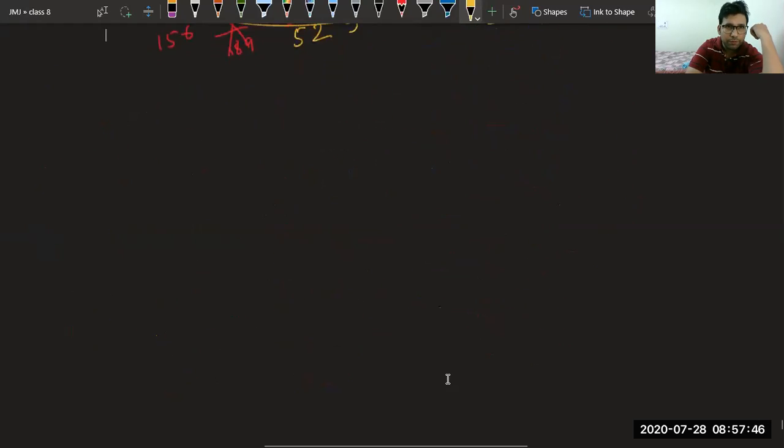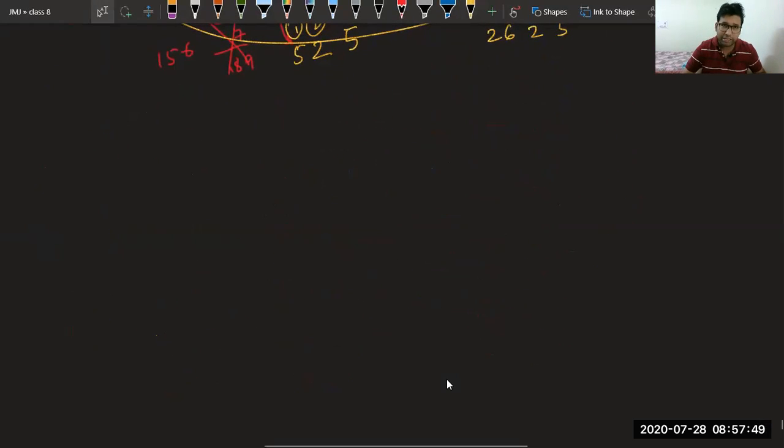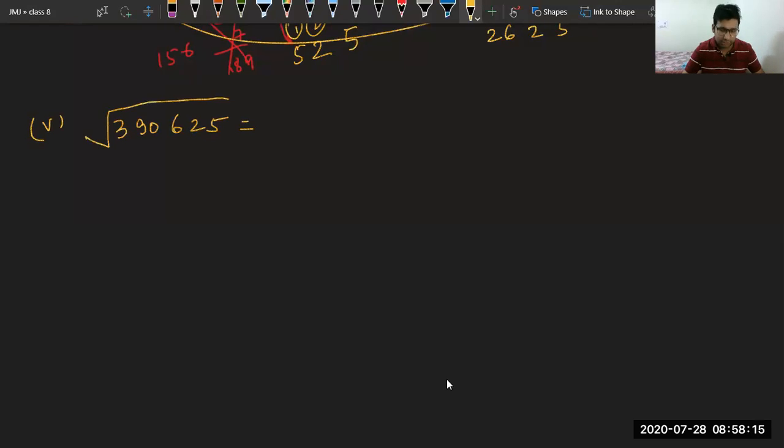Leave it for now. Now take the other part. Suppose we take the fifth part. In this, also we have to tell, no Hideshri, it is not 32, it is 52 only. Okay, suppose we take the fifth part, 390625. Now tell me how many digits will be there in its square root. Question is asking, you can see we have 1 pair, 2 pair and 3 pair, so the answer will have 3 digits. Answer is again 3 digits.